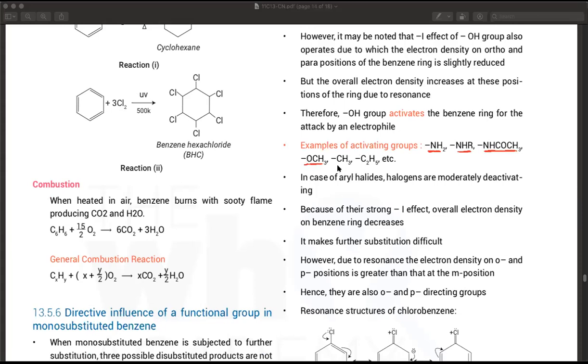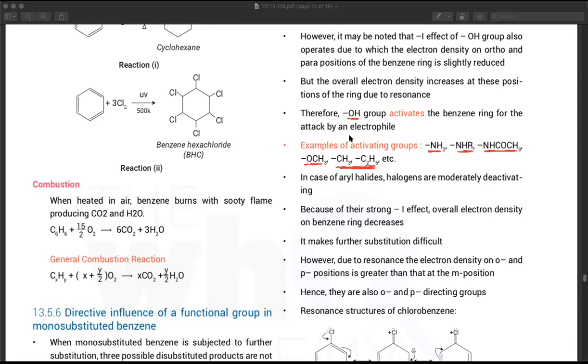Ether is activating. Alkyl groups are activating. So basically, electron donating groups are something you'd associate with basic nature, like ammonia is basic, so that is why you have amines. The OH group, hydroxide is basic, it activates the ring. Alkyl groups are electron donating, which is why carbocations are stabilized. They are activating groups.